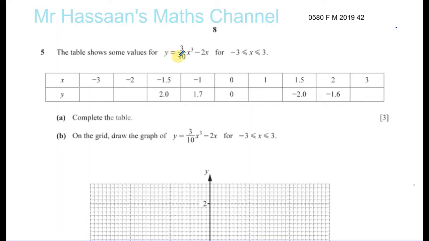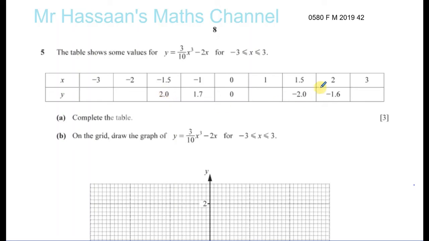which, if it has a positive in front of the x cubed, will have some sort of shape that looks like this, some shape like that. That's how a cubic graph looks when it has a positive x cubed. If it's a negative x cubed, it will have this type of shape. So it should have this type of shape when we draw it, something like that. Now,